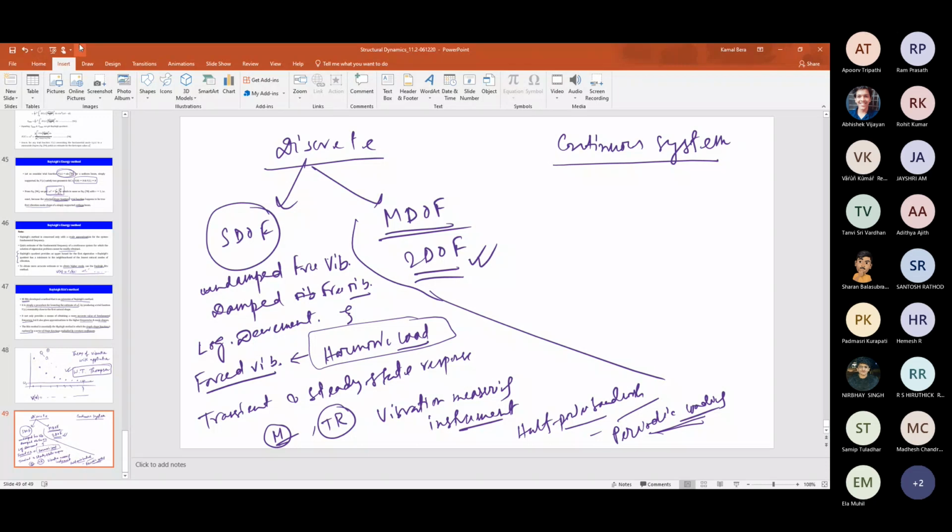Then we discussed any arbitrary type of loading, right? Arbitrary loading. So there we discussed the concept of unit impulse response, right? And related to that, Duhamel's integral, that's basically the convolution integral. Okay, Duhamel's integral, right? Then we talked about loading due to pulses, different types of pulse loading, right? Rectangular pulse, then triangular pulse, those types of things. And related to that, we discussed the shock spectra. Okay.